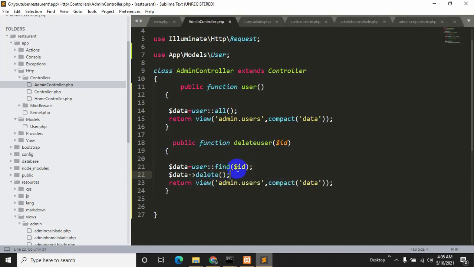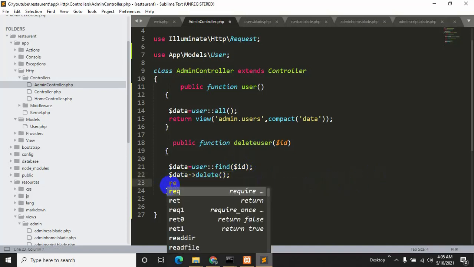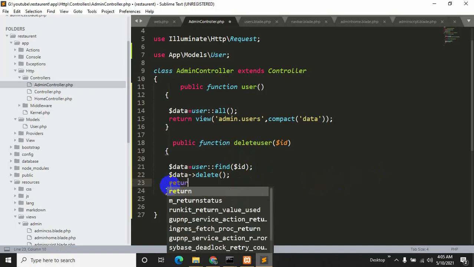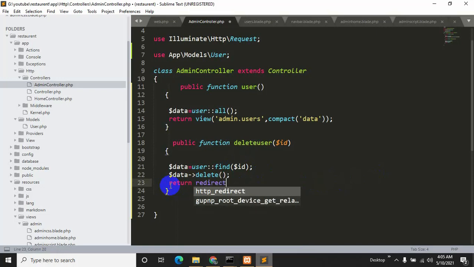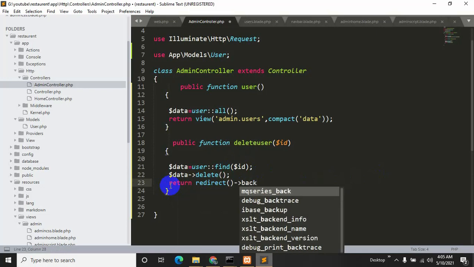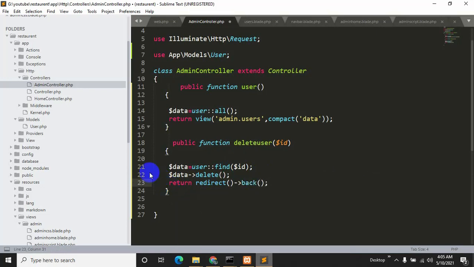Okay, so it will delete that certain id, and after that we'll just return a view. We'll just say return redirect back. Okay, so it will send us back to the user page.